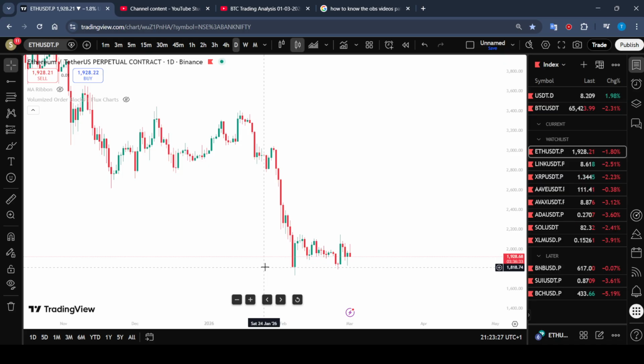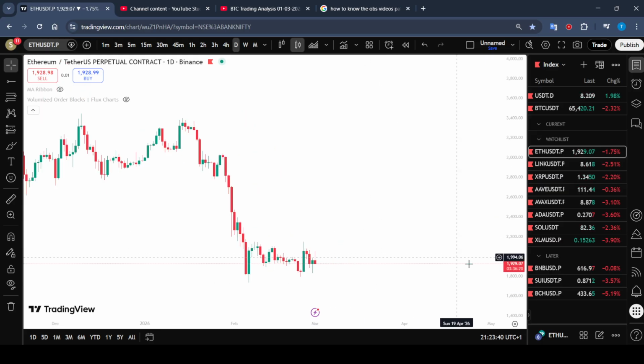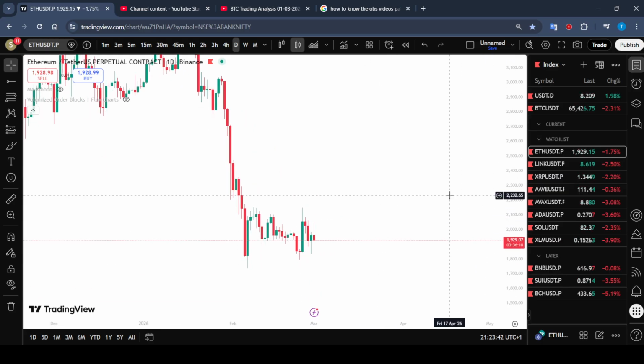This is just an idea of journaling my trades to improve myself, and in the process it will also help you to improve yourself. So let's plan the Ethereum trading plan for the next 1 week,